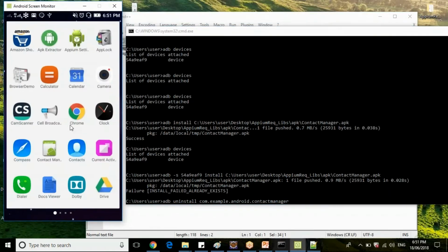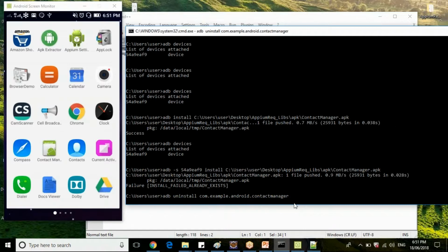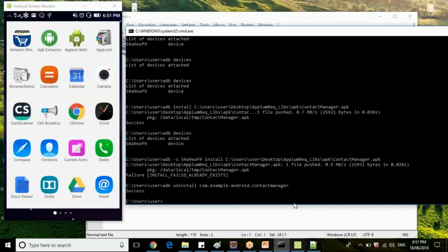How do we find out the package name of our application, guys? The uninstall is a success. If you see here, the contact manager application is removed.